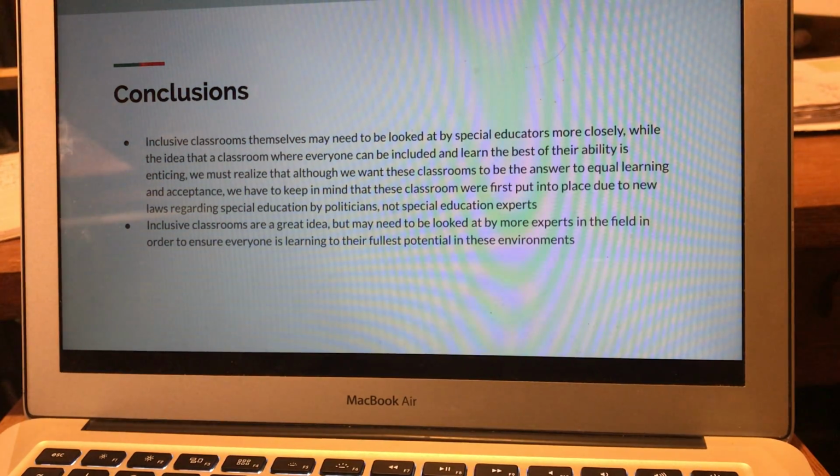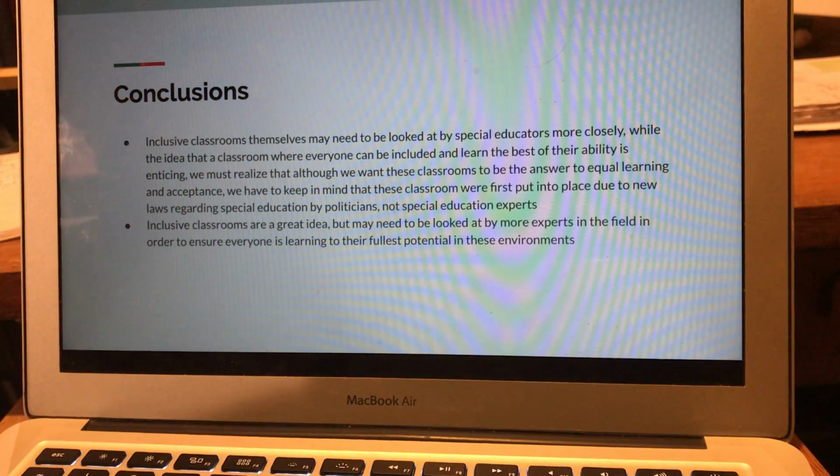We have to keep in mind that these classrooms were first put in place due to new laws regarding special education by politicians and not special education experts. So, inclusive classrooms are a great idea, but I believe that they need to be looked at more by experts in order to ensure everybody's learning to the fullest potential in these environments.